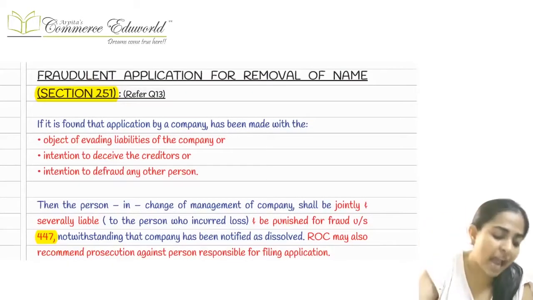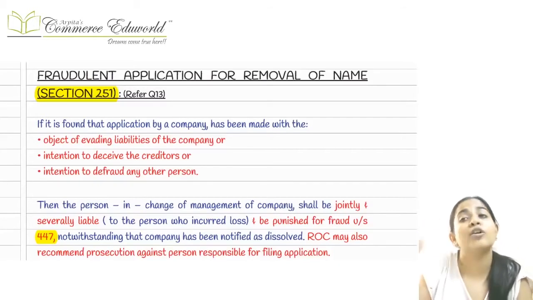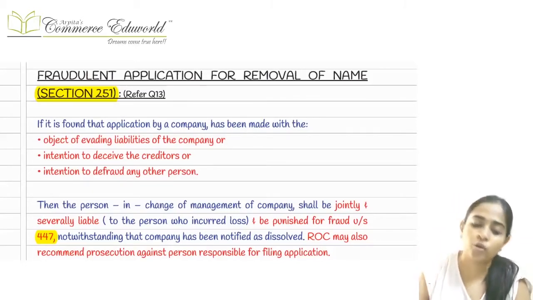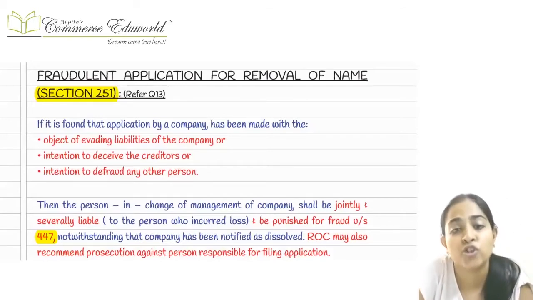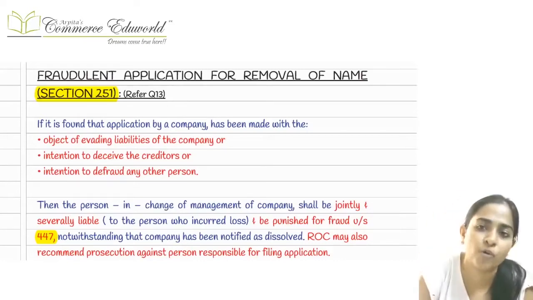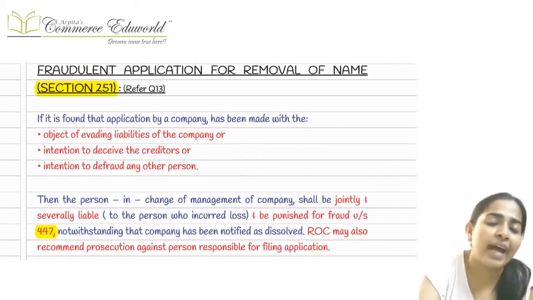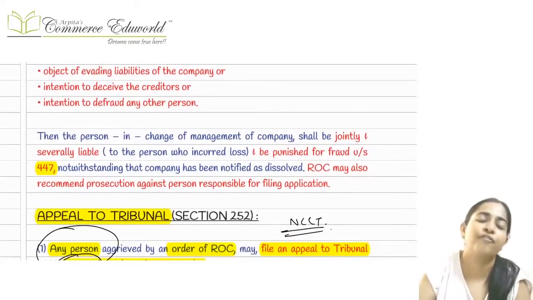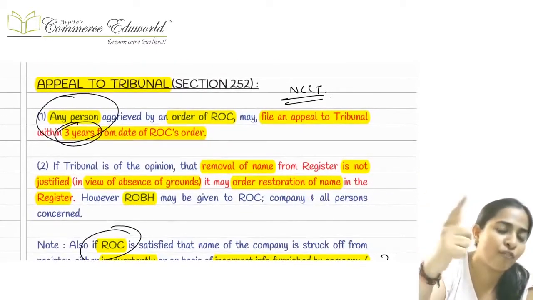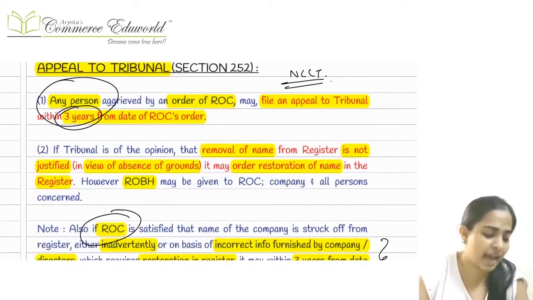And if you have made any fraudulent application because you wanted to defraud the creditors, because you wanted to run away from them, because you did not want to pay the money to them, because you wanted to do window dressing before the creditors, you wanted to show that no, the company's position is very bad, and that's why you made an application for removal of name, then in that case, boss, this is treated as a fraud, and if it is treated as a fraud, then in that case, punishment under section 447 would be applicable.